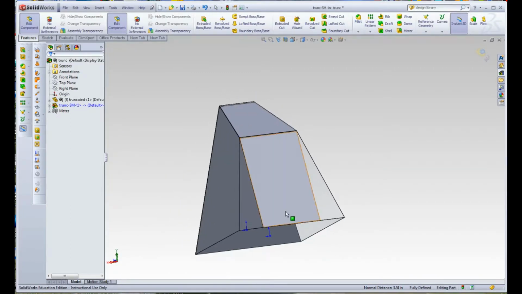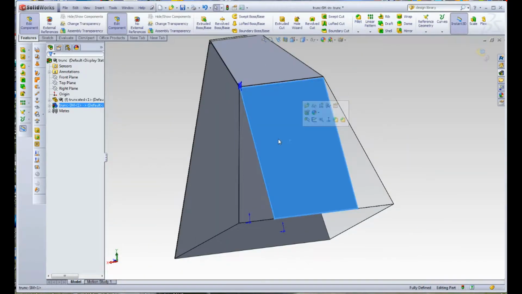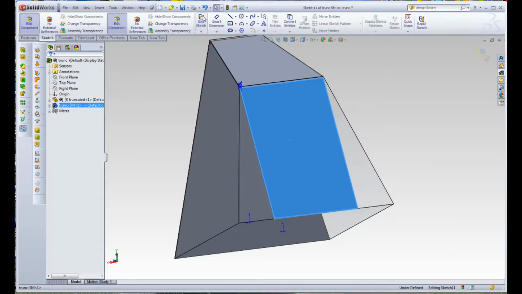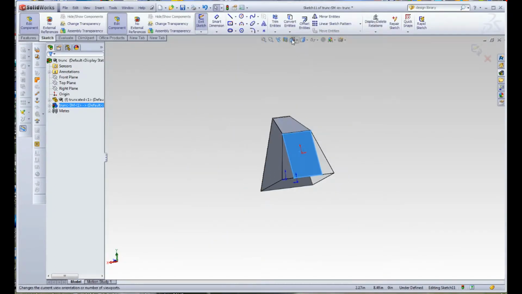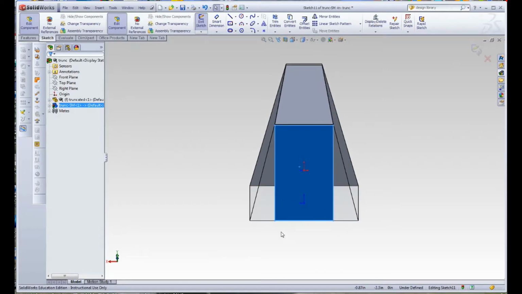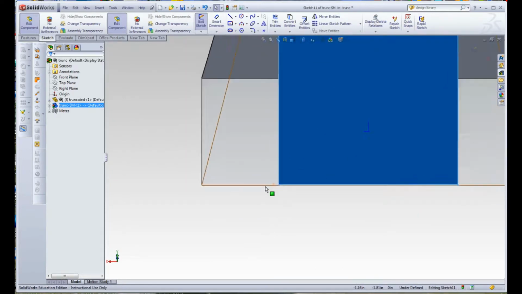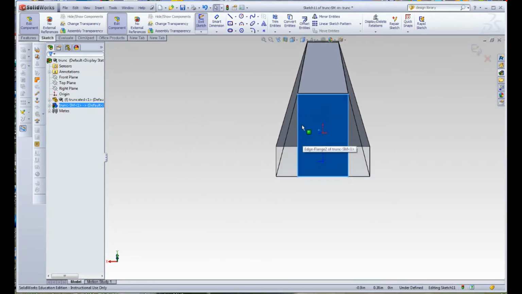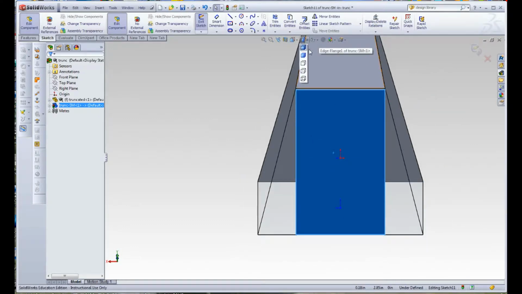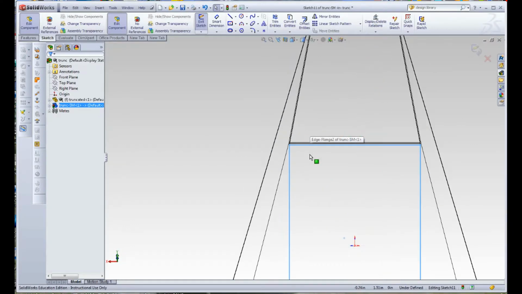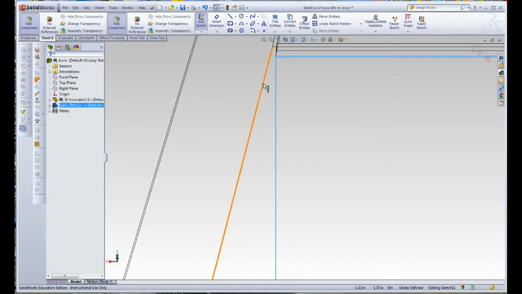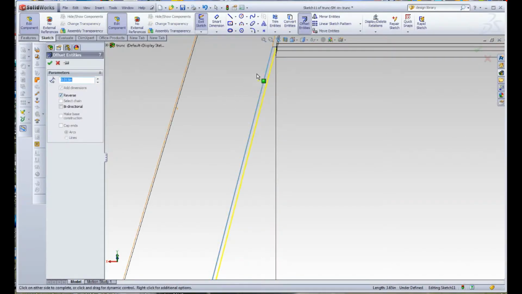Again, we're missing the triangles. So we'll grab this surface and we will sketch on it. Let's do normal to, so it's looking at us, the right way. And again, what are we going to steal? So we're going to turn on wireframe so we can grab some entities. Let's zoom in. Again, this is a little too far away. So what we're going to do here is grab that edge and we'll offset it in the opposite direction